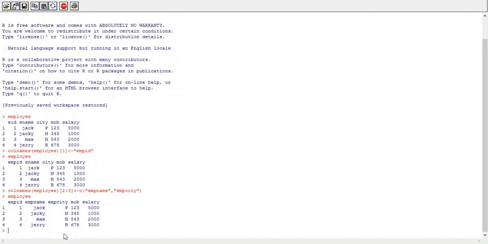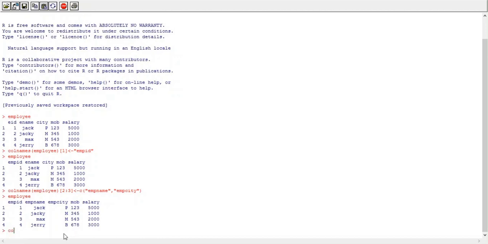function. After that we'll see how to change the names of all columns, how to rename all columns by using colnames function.